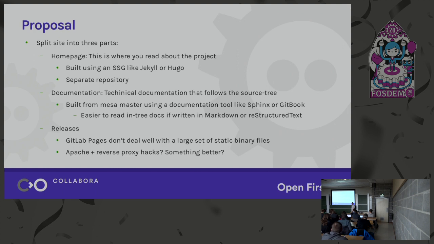So GitLab Pages, which we ideally want to move the website into being hosted at, doesn't deal great with a large set of static binary files. You have to upload them for every build of the site. You have to copy them into the set of stuff, and yeah. So I'm wondering if we should just keep a separate web server instance running and use some reverse proxy